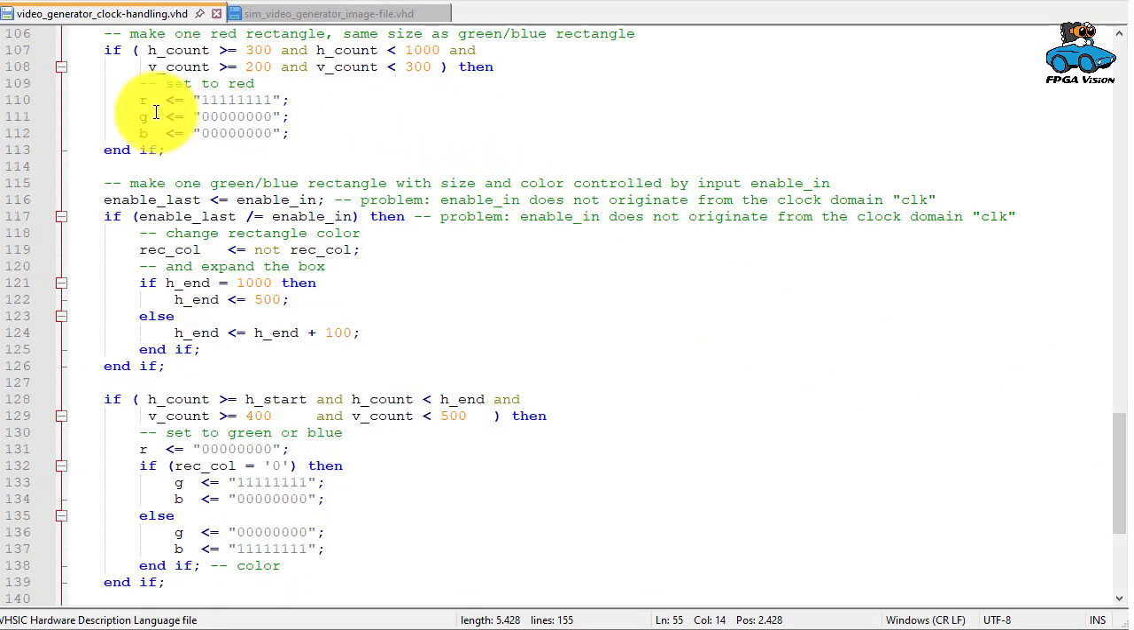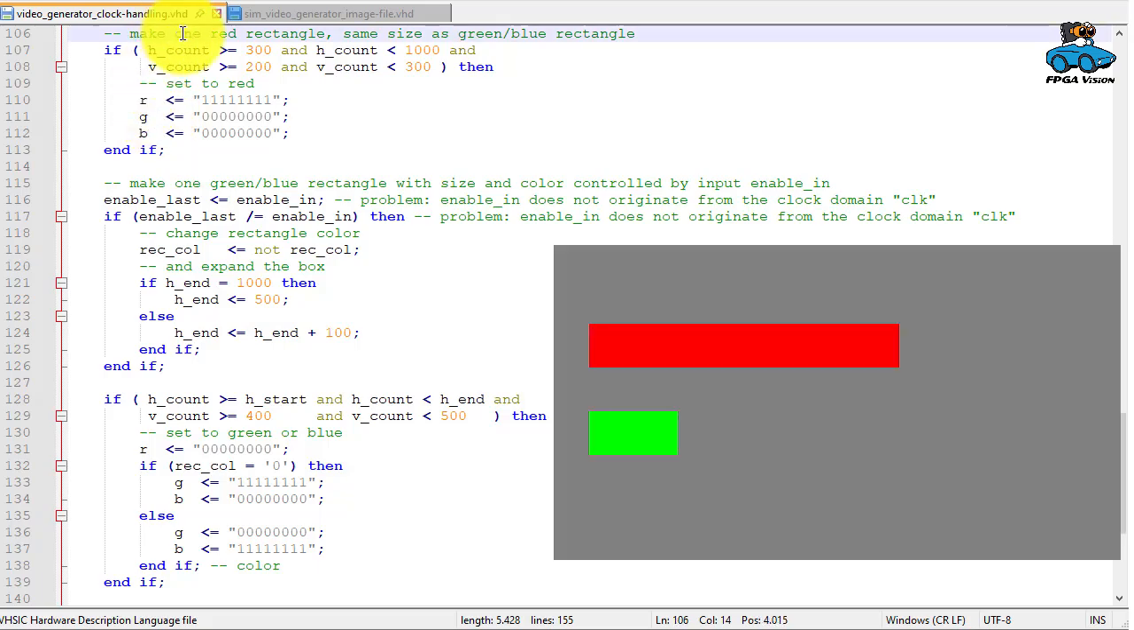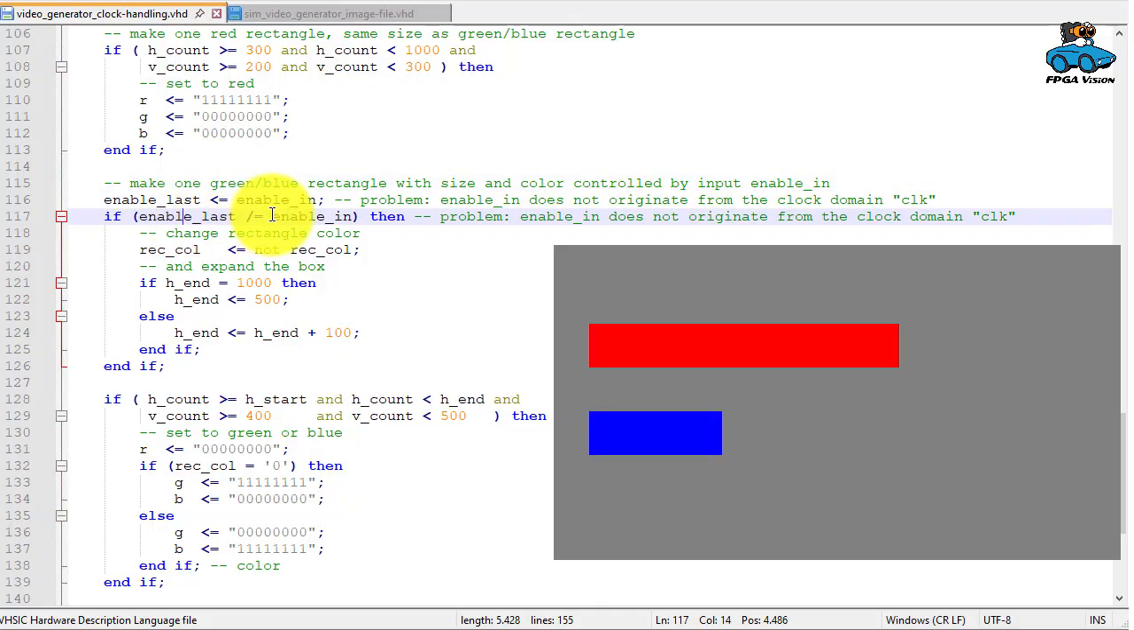What you see here is that we generate a red rectangle which serves as a reference. And then we generate a second rectangle which changes the size and changes the color. So it's green and blue. It starts as a small green rectangle. And if we change something in the enable signal, the color signal is inverted and the end position is increased